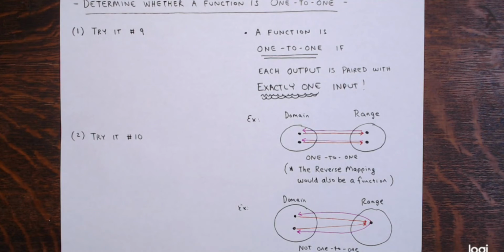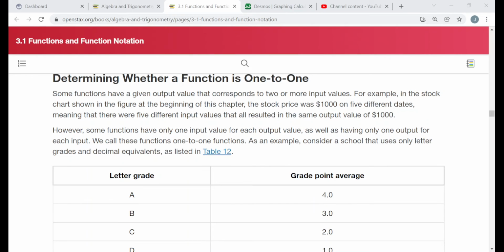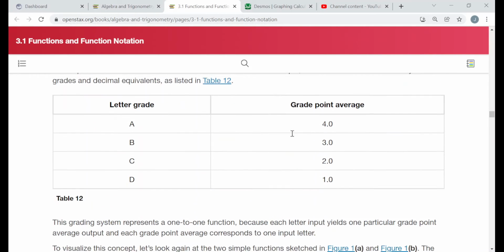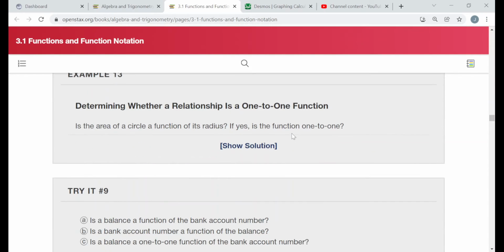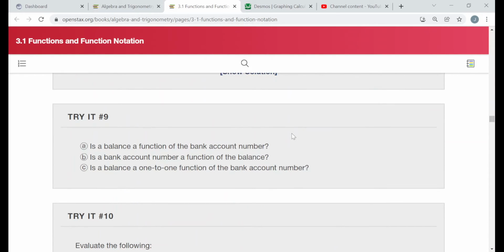So in these examples here, I'll draw some pictures, but let's look at try it number 9 from the text. All right, so I'm going to go back to the OpenStax text. Now you can read through the stuff here, the definition, do the examples on your own. All right. So try it number 9 has 3 parts. All right, so part A